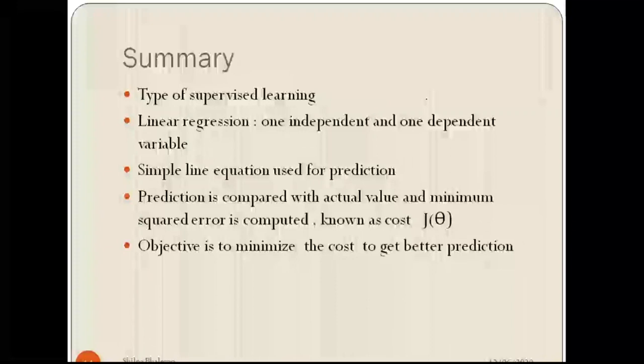In real life, it is not possible to have only a single parameter for predictions. Now, how do we compute the predictions? Predictions are computed based on the mean squared error. The objective is to minimize the difference between the predicted value and the actual value. So this is all about simple linear regression.